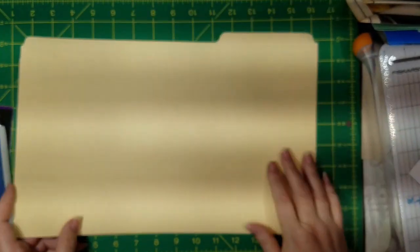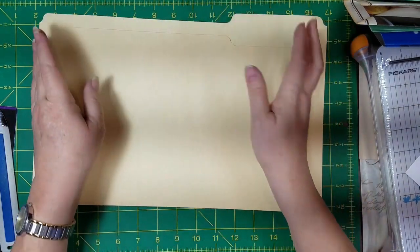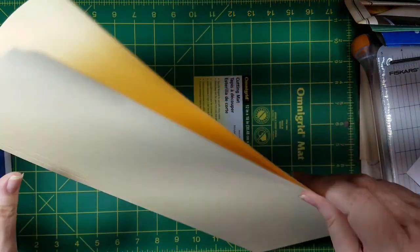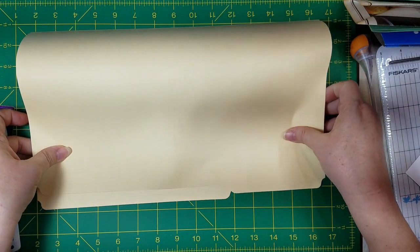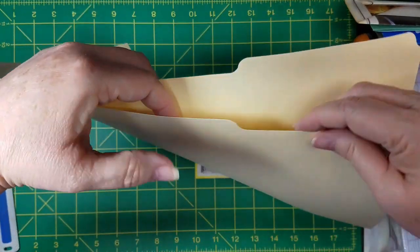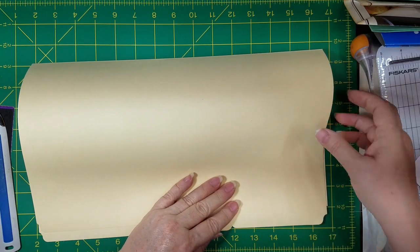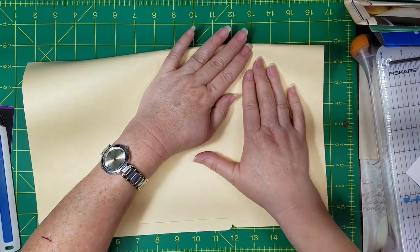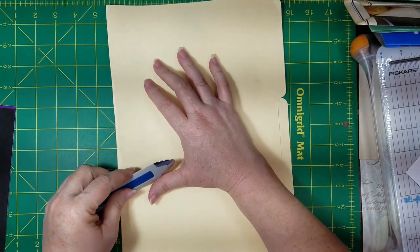And then this is a legal size file folder, which we're going to have to shore up the sides. And then I want to go ahead and fold this. Whew, that was loud. And fold this edge to meet this to meet with that, so I don't waste so much file folder. So we're just going to bend that like that, and then we're going to go